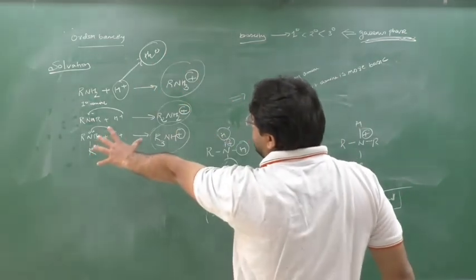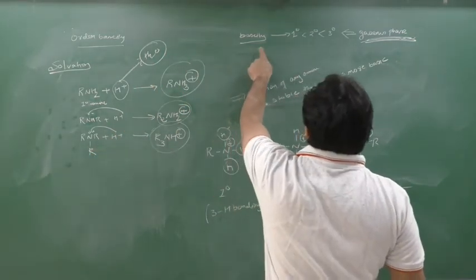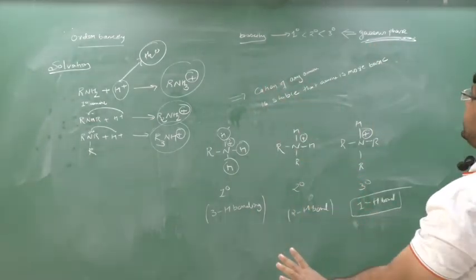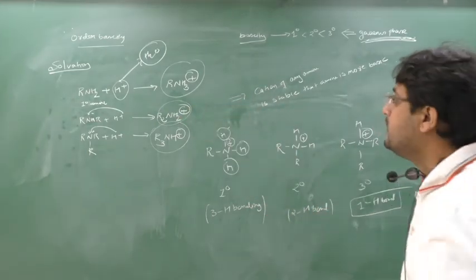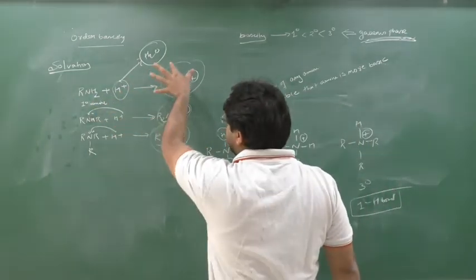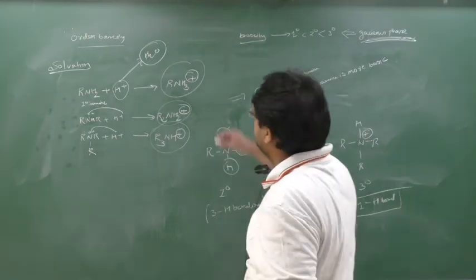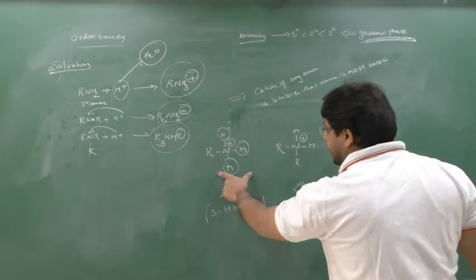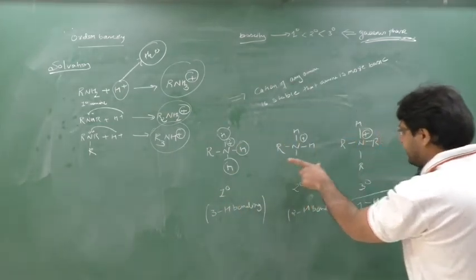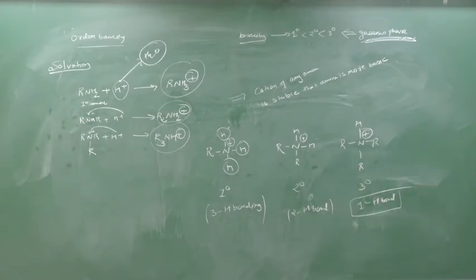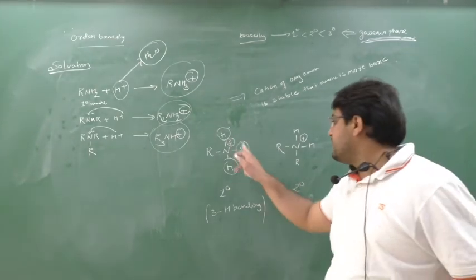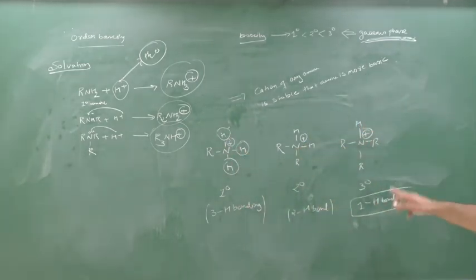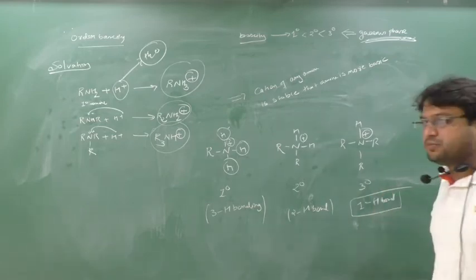First you make the cation. See, I did the basicity of amines in the gaseous phase. Now I am showing the basicity of amines in the solvation phase, the liquid or aqueous phase. Dissolved in water, I have got these cations. The logic is that whose cation is more stable, that particular amine will be more basic. This is the cation of the 1 degree amine, this of the 2 degree amine, this of the 3 degree amine. The 1 degree amine cation has 3 hydrogens, so it can do 3 hydrogen bonds; here 2; here 1. The one that can do more hydrogen bonding is more stable.